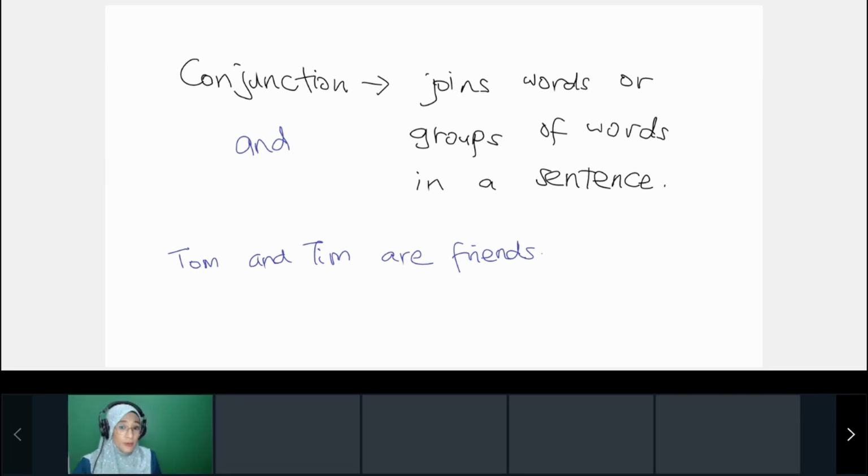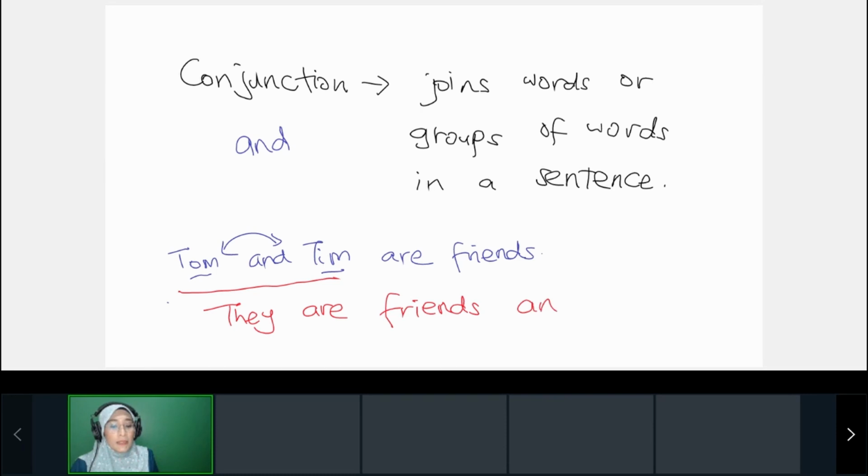It joins a word. It joins Tom and Tim. It joins these two. But if, let's say, you have a sentence with another sentence, you can say Tom and Tim. Let's give this as a pronoun. Tom and Tim, they are two, so you can call them "they." All right, so they are